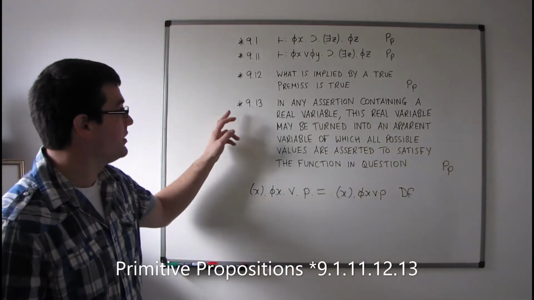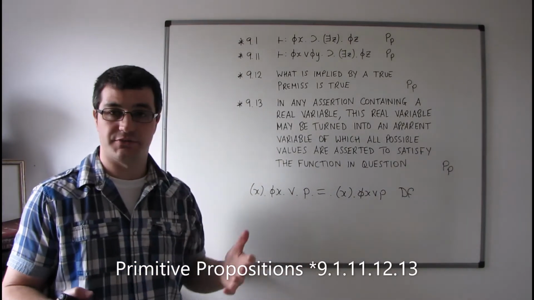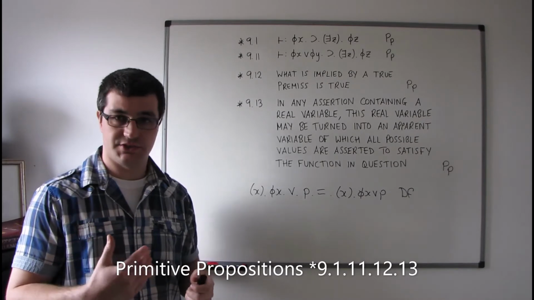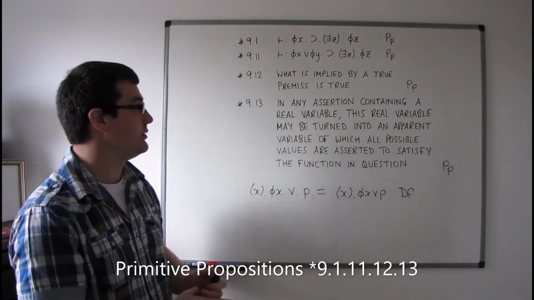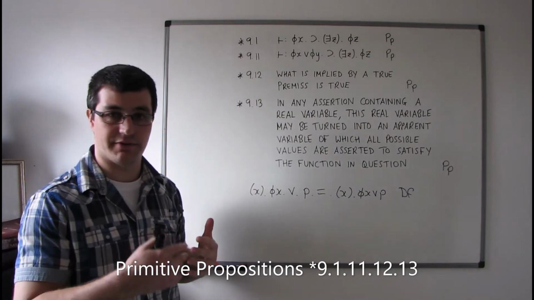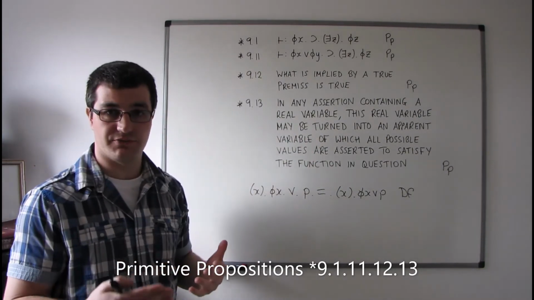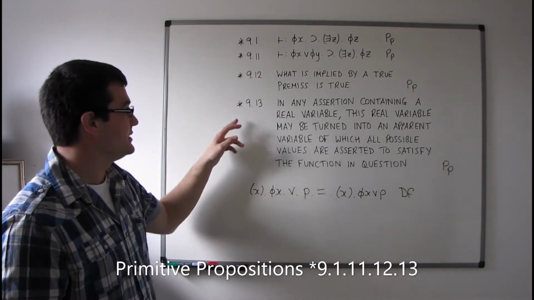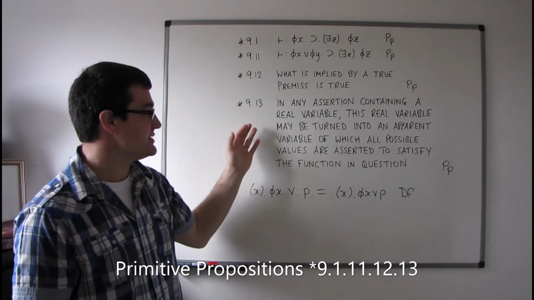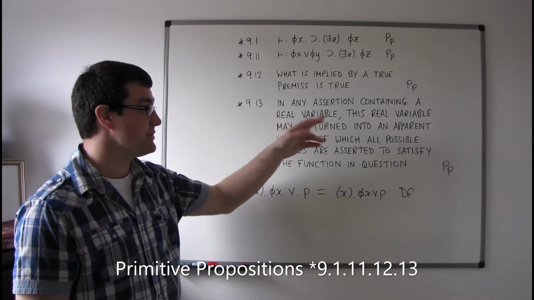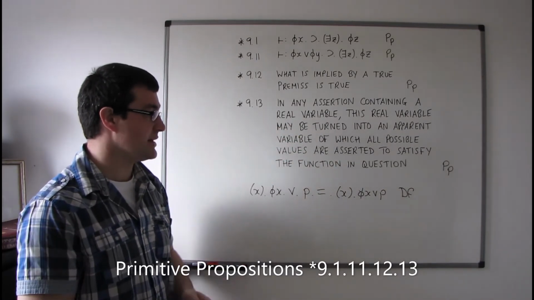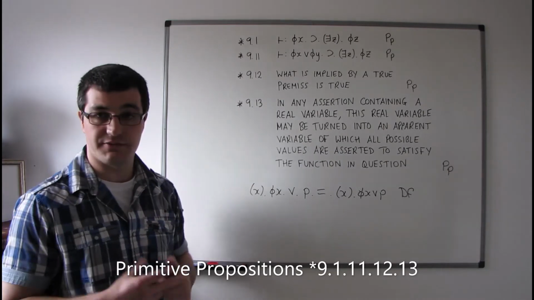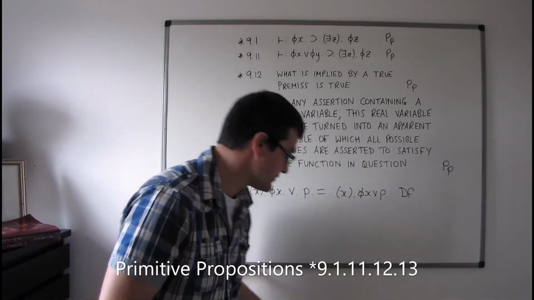9.13 is also another primitive proposition that allows passage from elementary propositions to first order propositions. So okay, we've got a couple already, but it turns out that they're not going to be sufficient for what we need to do. So 9.13: in any assertion containing a real variable, this real variable may be turned into an apparent variable of which all possible values are asserted to satisfy the function in question. This is a really useful